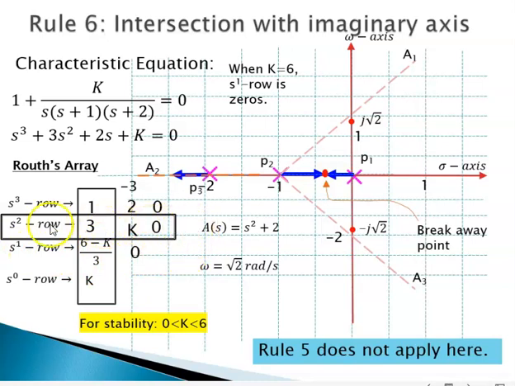The row above this row of zeros contains the auxiliary polynomial, which is 3s² + 6, that is s² + 2. That gives s equal to plus or minus root 2j. So omega is root 2. You plot root 2 here and then minus root 2 here,